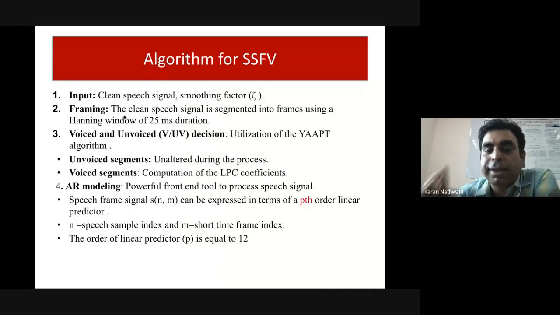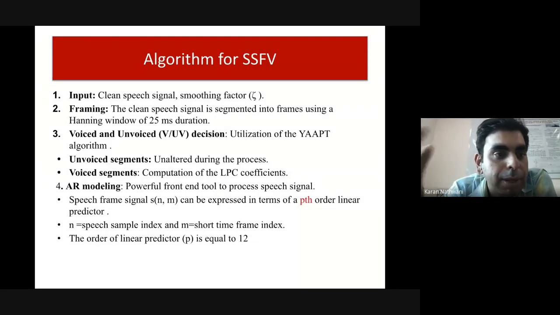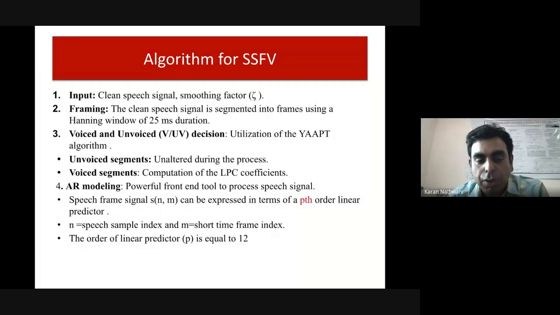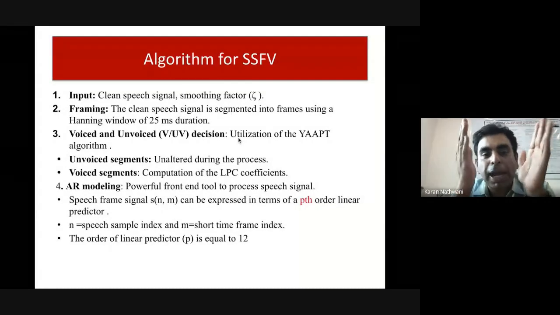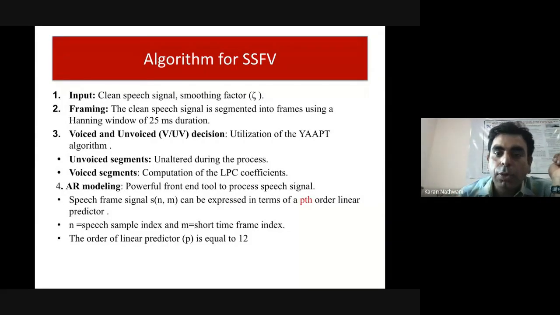In framing, again, what is the need for framing? I think now this is clear. Can anyone tell why we require framing? Quasi-stationary. Yeah, that's very rightly suggested. Speech is quite non-stationary, so in order to make the characteristics constant and work on them, you make it quasi-stationary by taking a small frame or segment of 25 milliseconds. For that, you may use the Hanning window, which is quite widely used in signal processing.